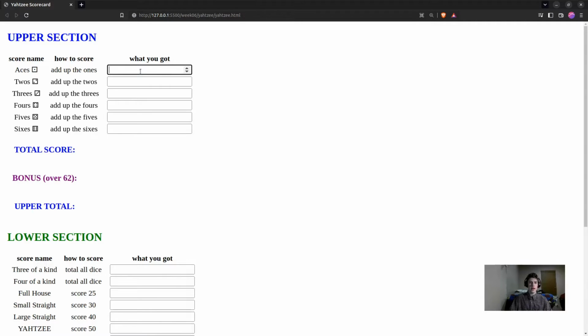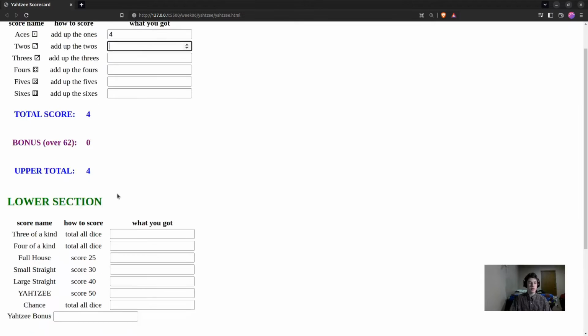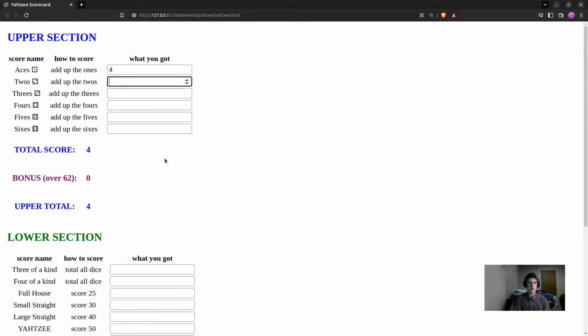I'm going to quickly ad-lib in some values. Let's say you got a 4 in your ones, and as soon as I click away, notice that some stuff updates. We've got total score and upper total updating, and upper total down here updates as well. The bonus here is still 0 because I haven't accumulated over 62 points. If, however, I were to change this, don't do this if you're playing an actual game, by the way, that's cheating. If I change this to here and then click away, then it updates to 35 because that's the bonus number, and